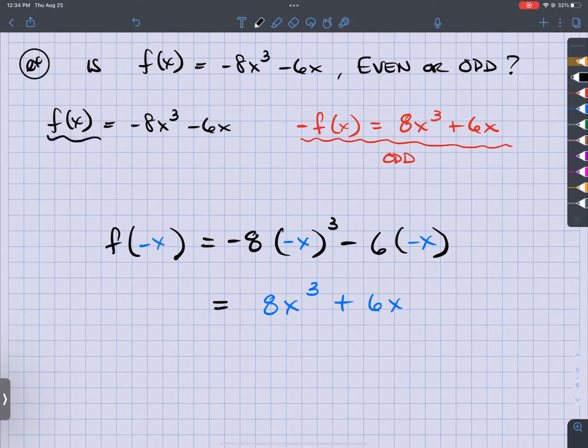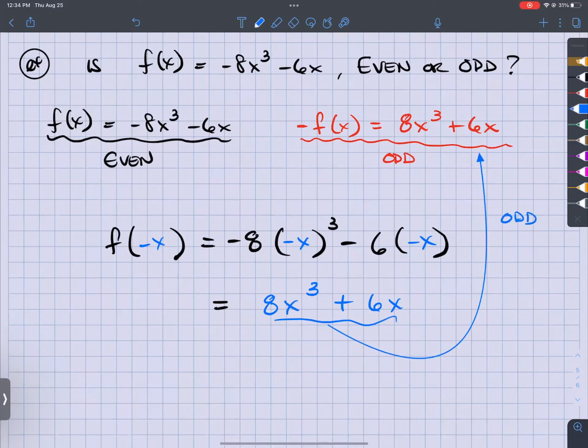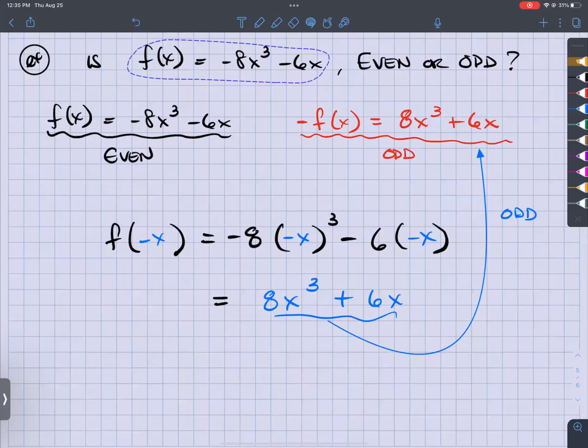If it looks like this, then it must be even. Does that make sense? And since this looks like that, then it must be odd. So now I can say that f of x is equal to negative